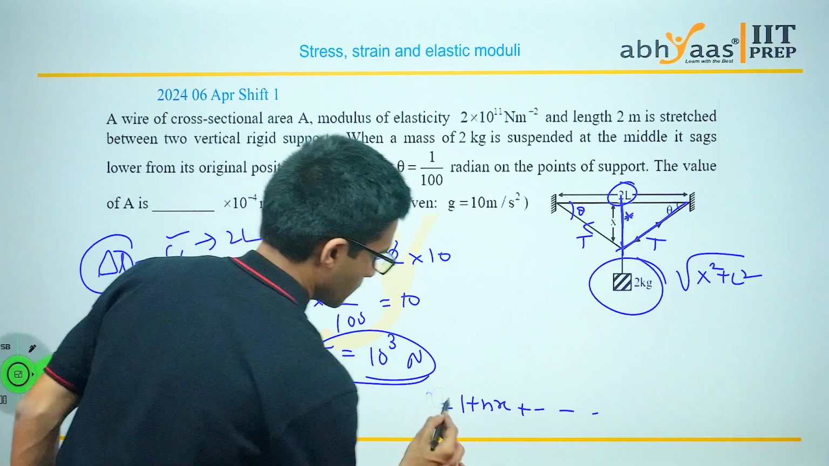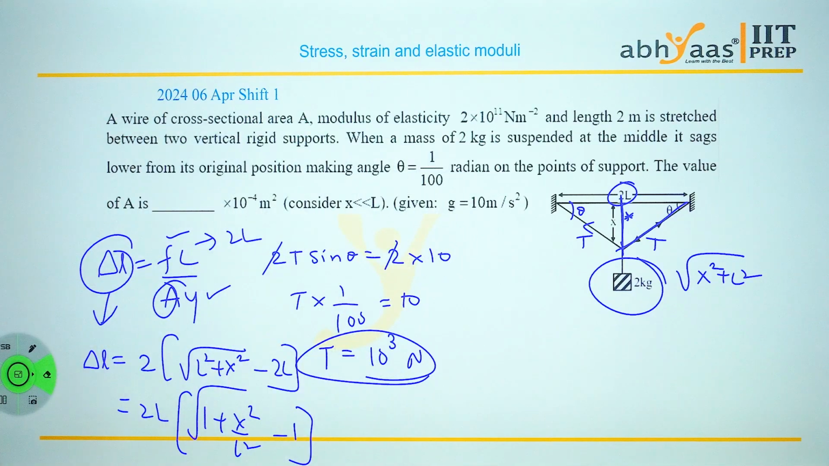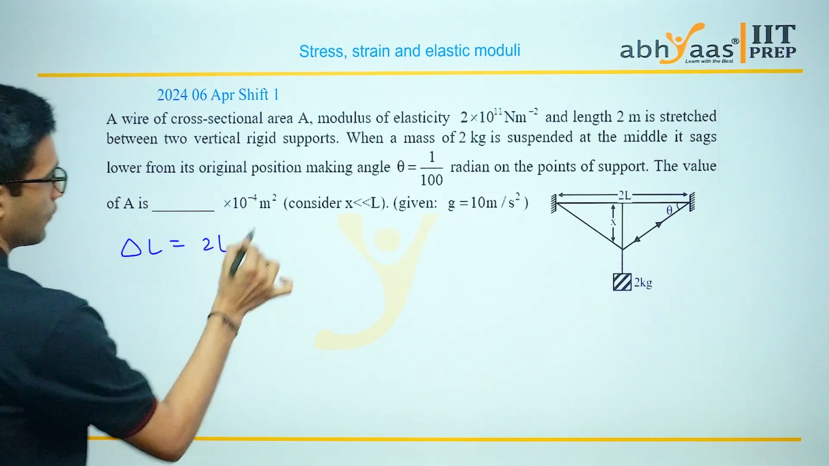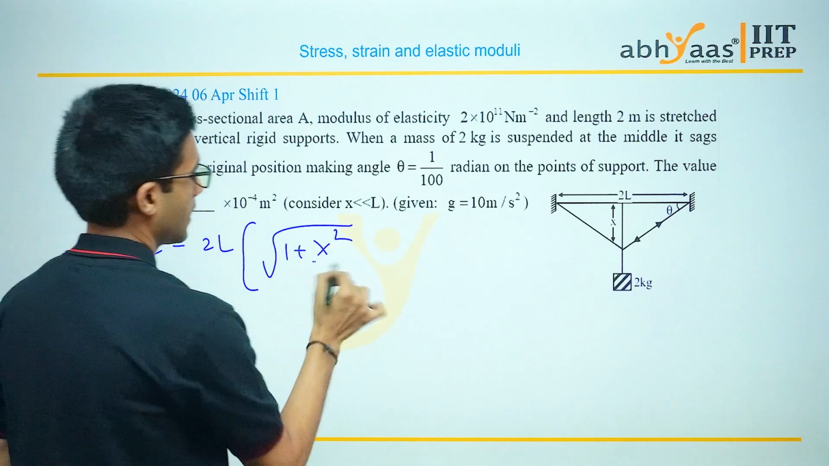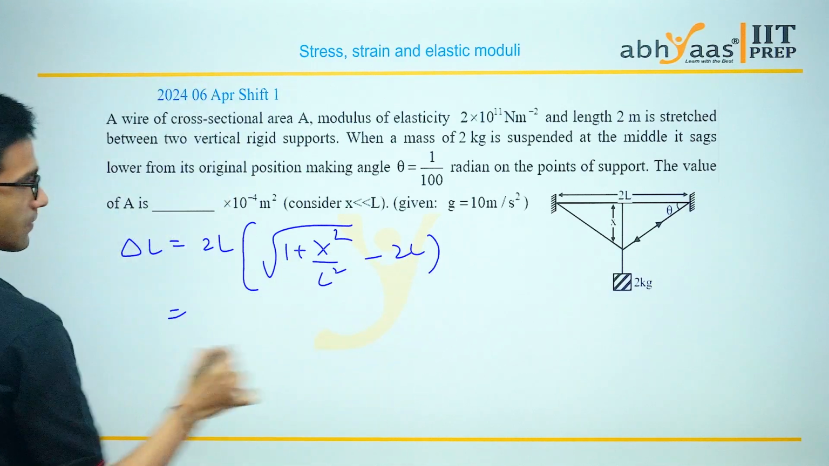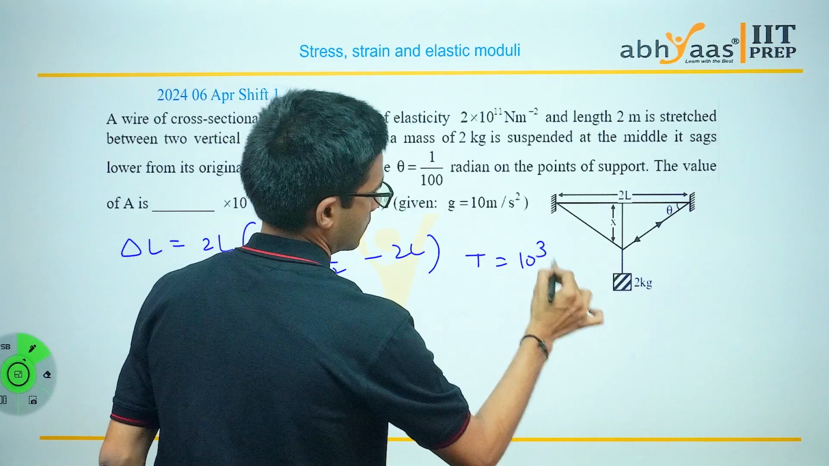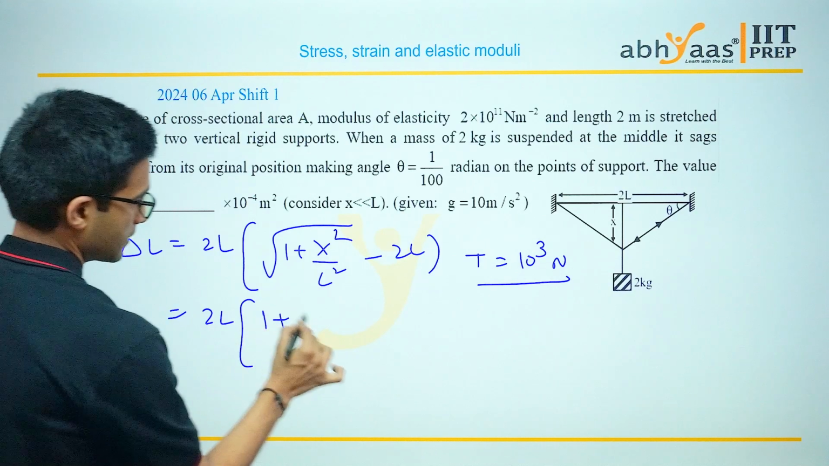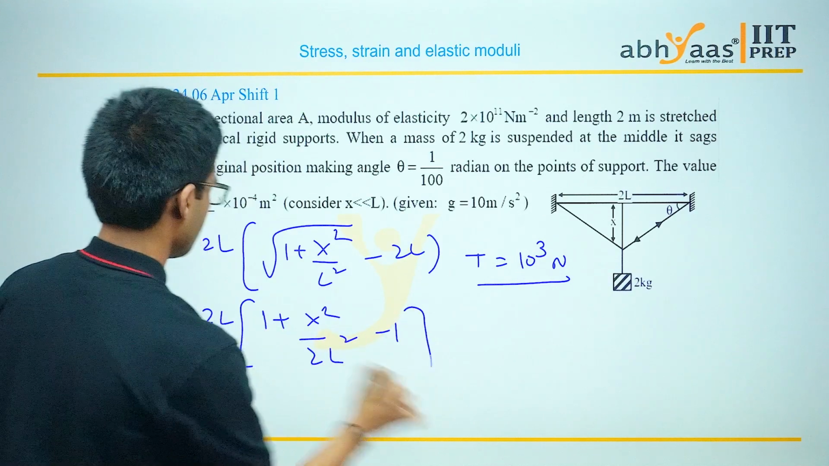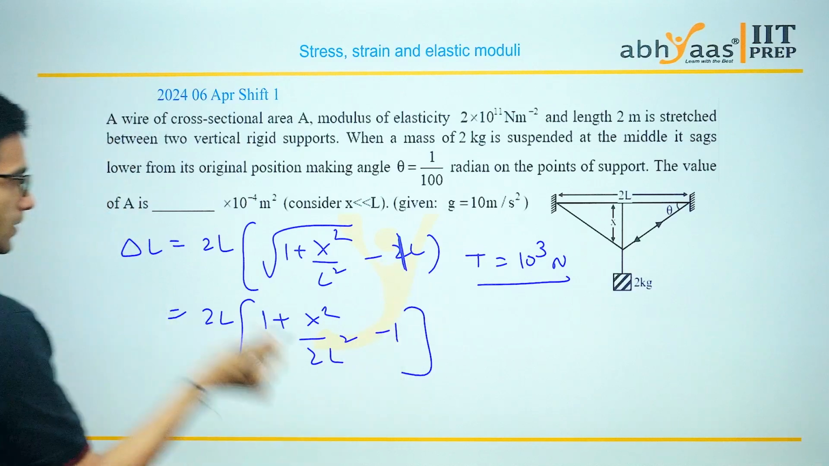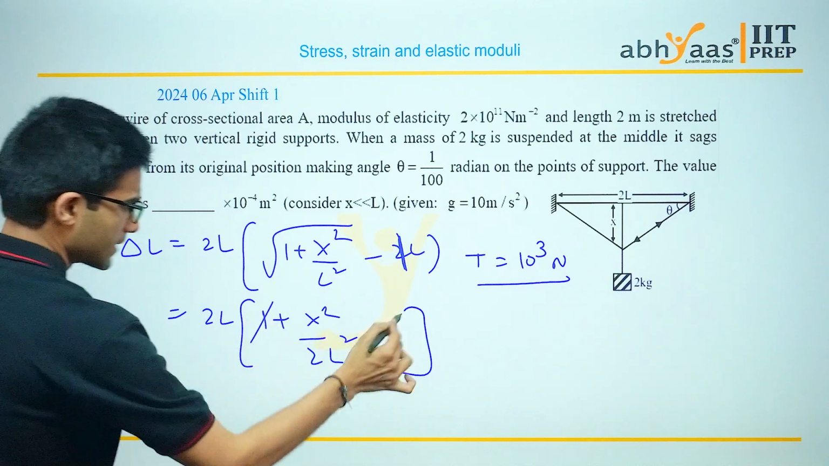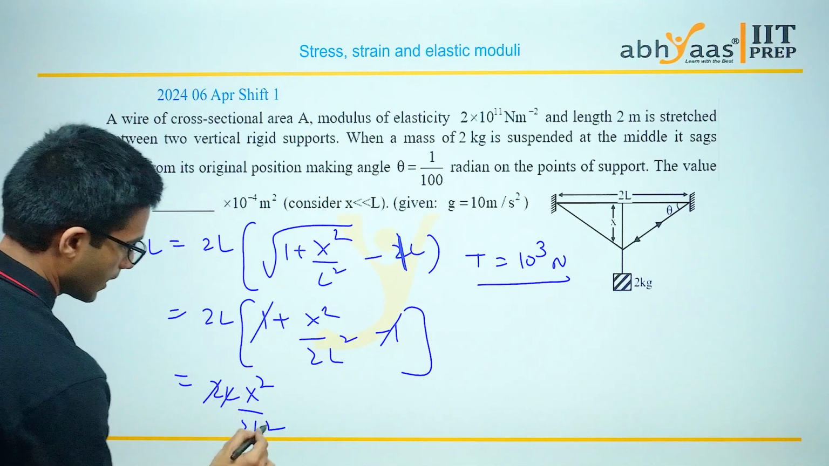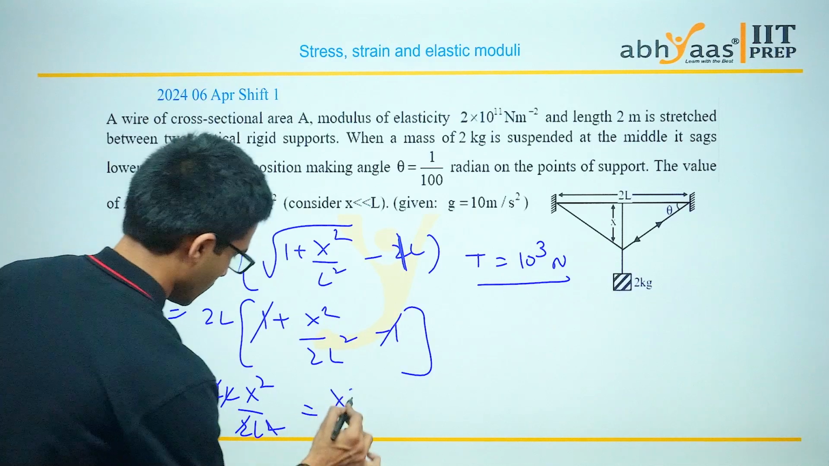I am just making you remember these things, how it came. Then delta L equal to 2L common, root of 1 plus X square by L square, minus 1. Already I calculated T equal to 10 cube. So if you take 2L common and expand 1 plus X square by L square, minus 1, the 1 gets cancelled. So 2L into X square by 2L square: L gets cancelled, the 2 gets cancelled. X square by